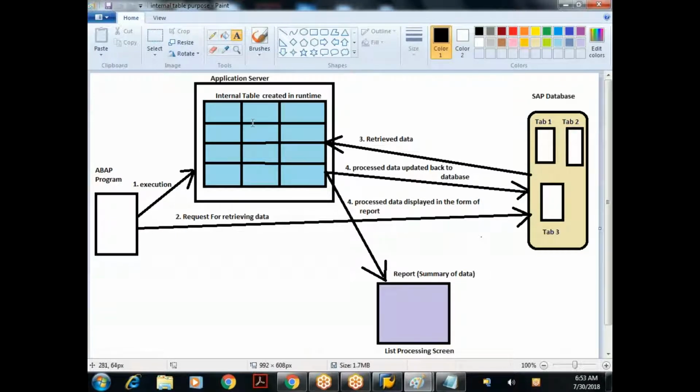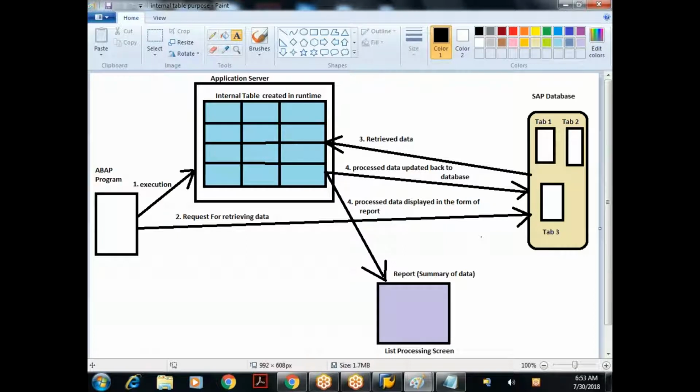Whenever I execute the program, the internal table gets created. This retrieved data, I'll store it in the internal table. Once the data is stored there, I'll do the processing on that. I'll do some calculations, delete some unnecessary data, sort the data, clear some data.